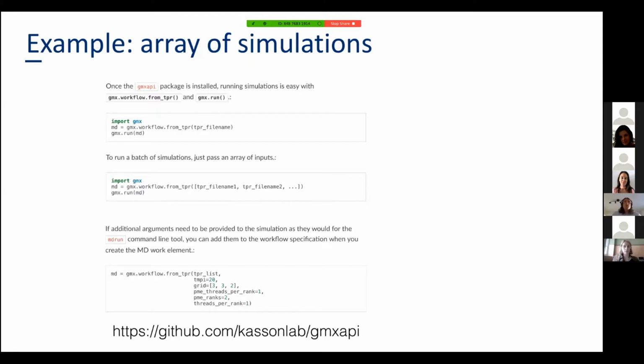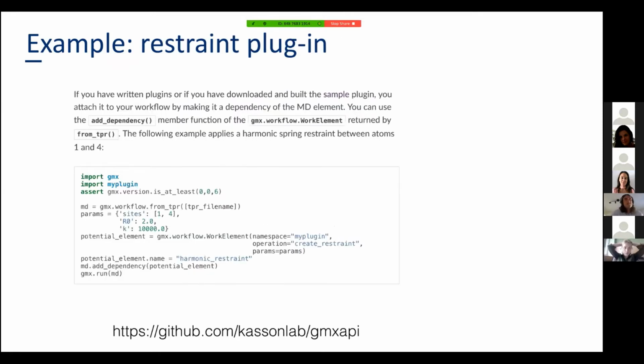So I also mentioned restraint plugins. How does that work? For instance, let's say you have some system and you have some experimental data that tells you the distance between two particles or two parts of your system, and you basically want to constrain your system to lie in this range with a harmonic spring, for instance. So you put in